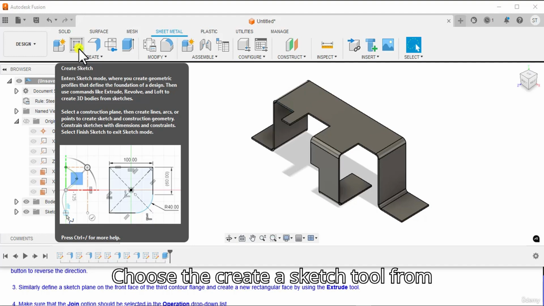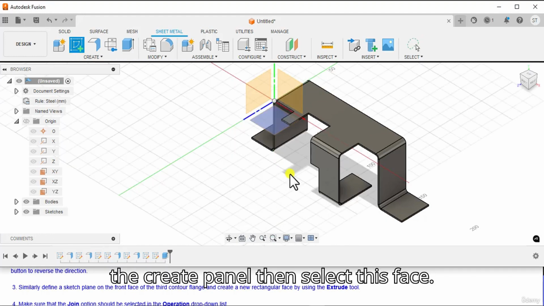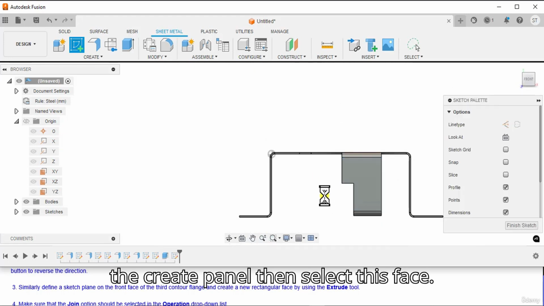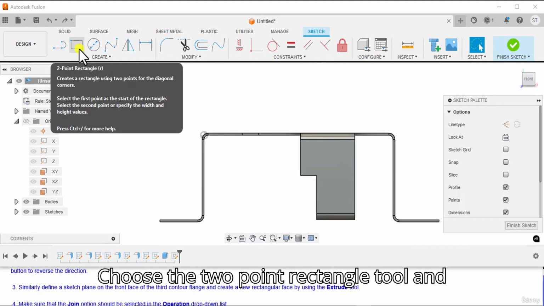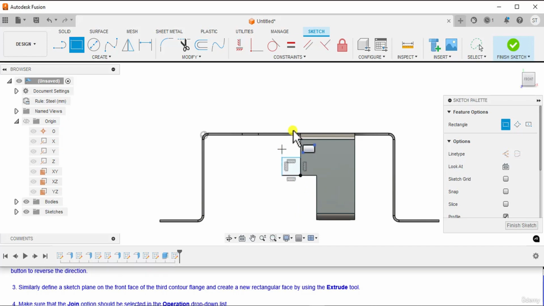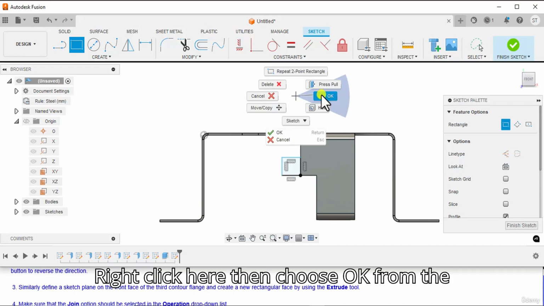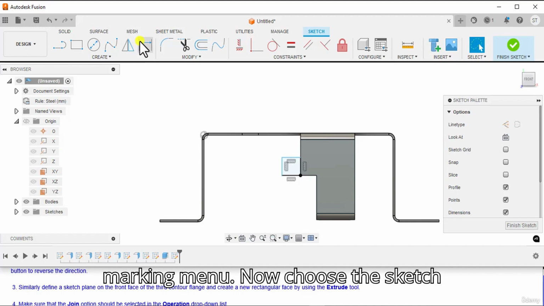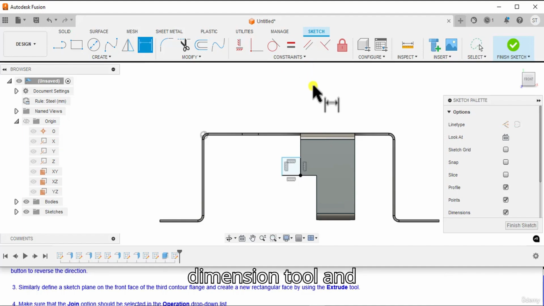Choose the Create Sketch tool from the Create panel, then select this face. Choose the 2-point rectangle tool and then create a sketch. Right click here, then choose OK from the marking menu. Now choose the Sketch Dimension tool